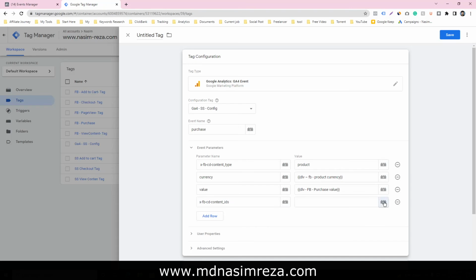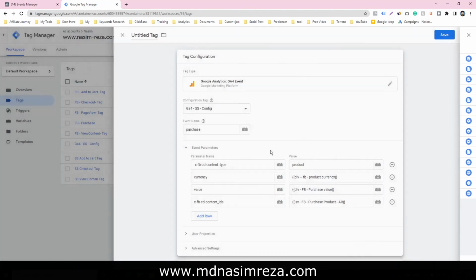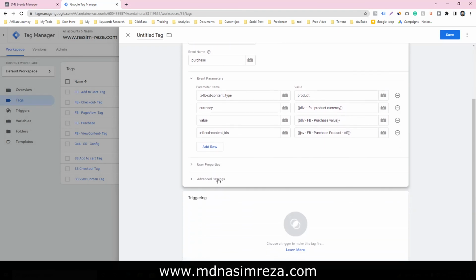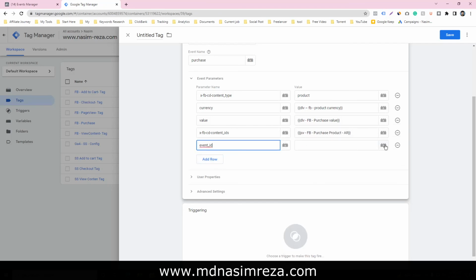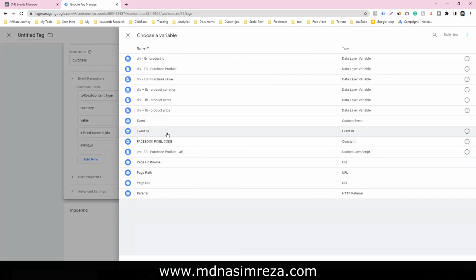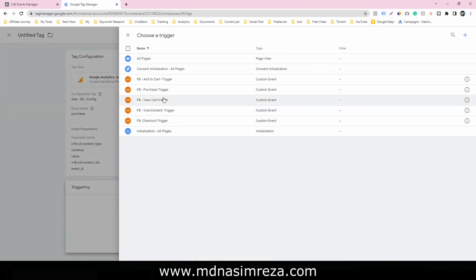Select the content ID, and the content will be a JavaScript variable. Also you have to make another, the event ID, and the event ID will be the event ID.